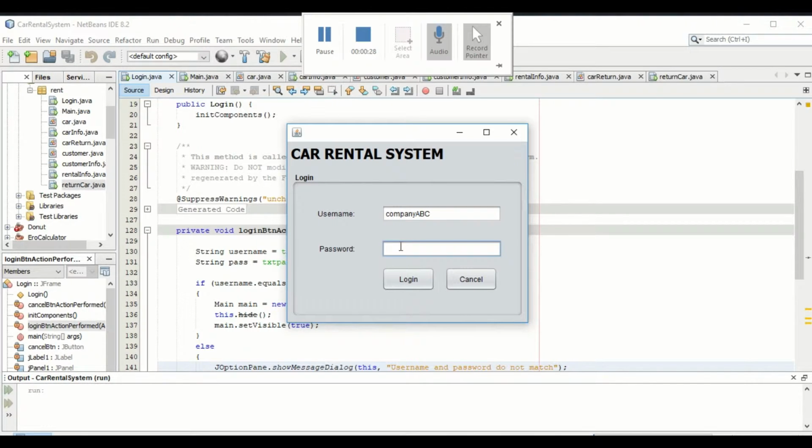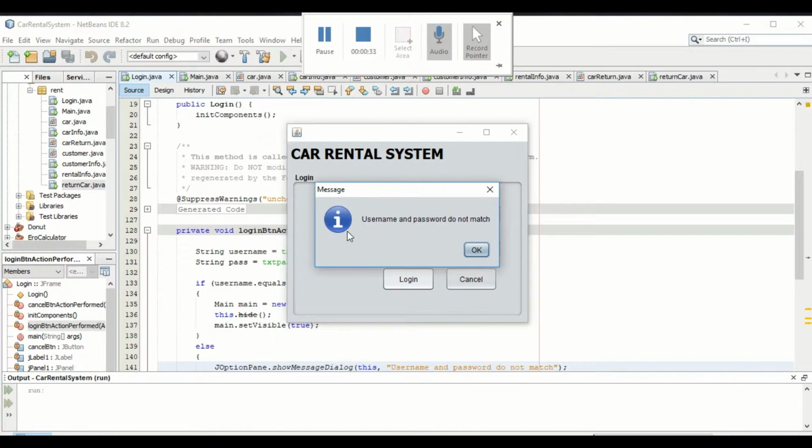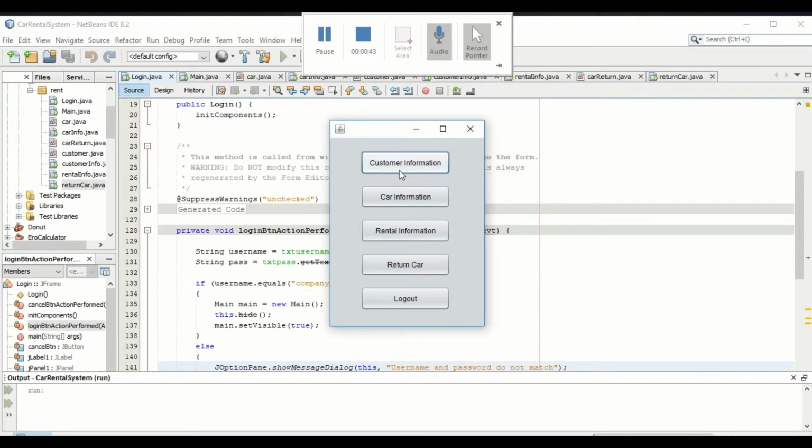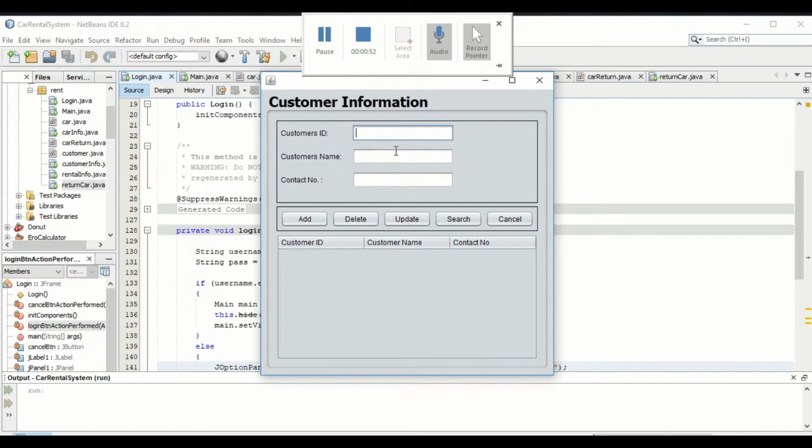If we enter a wrong password, 1234, it will come out this message: username and password do not match. So we just change the password to the correct password, 123456, and log in. And first, if we click this button, customer information, and we add the customer ID, such as A001,